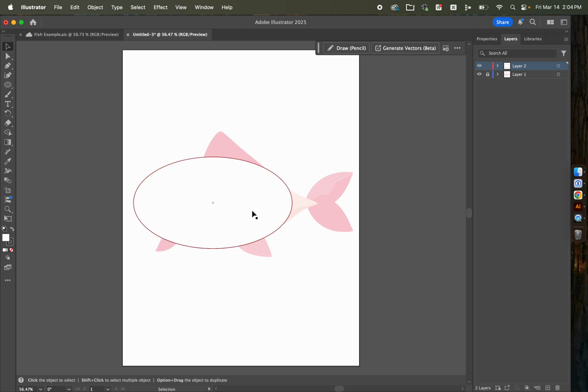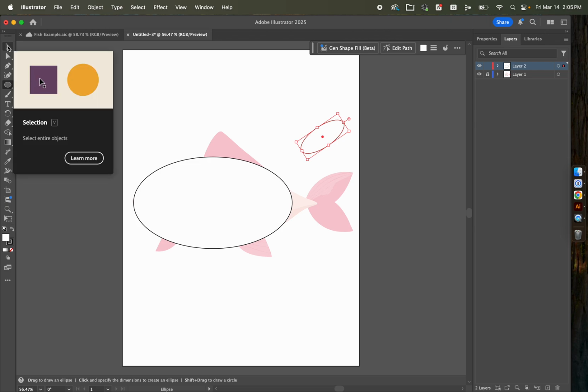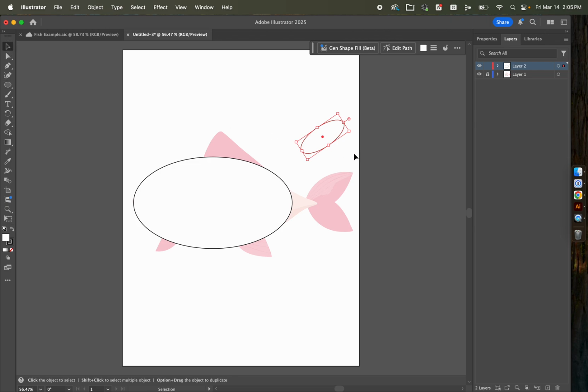So I've got the overall big body shape, and then I might want to use my ellipse tool to create 2 small ellipses for the tail fins. So I'm just going to look at that tail fin and create an ellipse that's roughly the size and aspect ratio of it. Then if I hover outside the corner, I can rotate that a little bit. Anytime you want to go back to a regular mouse, either hit V or click on this black selection tool up here. And I could just rough that in. I was pretty close, but I might want to make it a little bit longer